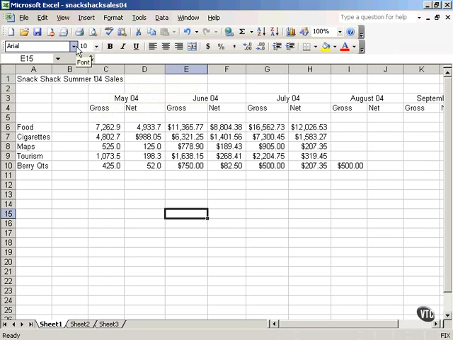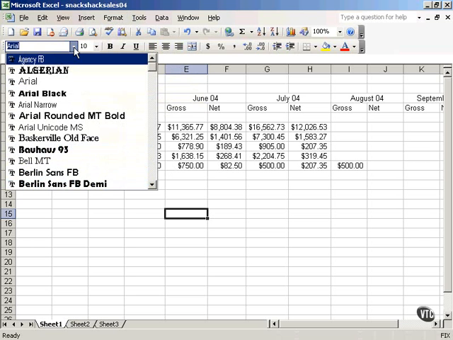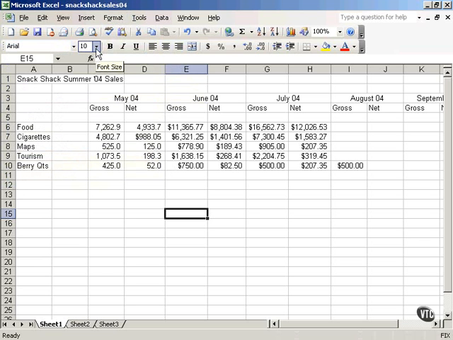For example, here you have the font, so you can choose different font names by clicking the down arrow and checking different options. This is the font size, whether it's bold or italicized or underlined, whether it's aligned to the left or centered or aligned to the right, whether to merge and center two different cells, whether to add dollar signs for currency, percent styles, commas, to increase the decimal or decrease the decimal, to decrease the indent, to increase